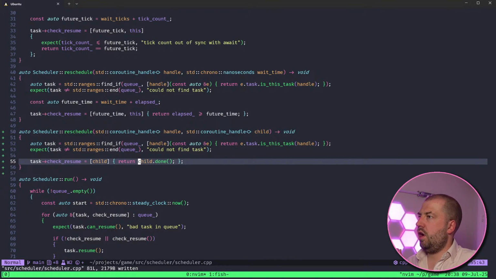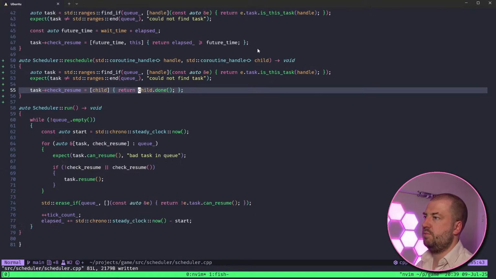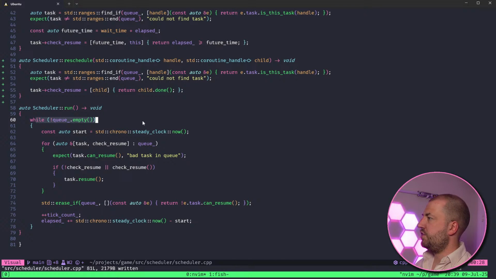There is no threading in this. It's all single threaded. All I'm using is coroutines to build a scheduler. So the idea is that functions can cooperatively decide when they want to be rescheduled. The scheduler is the game loop. It's basically, whilst there are tasks that need doing, do them.